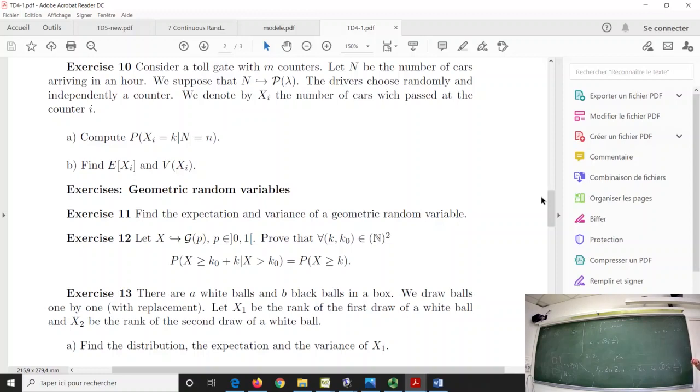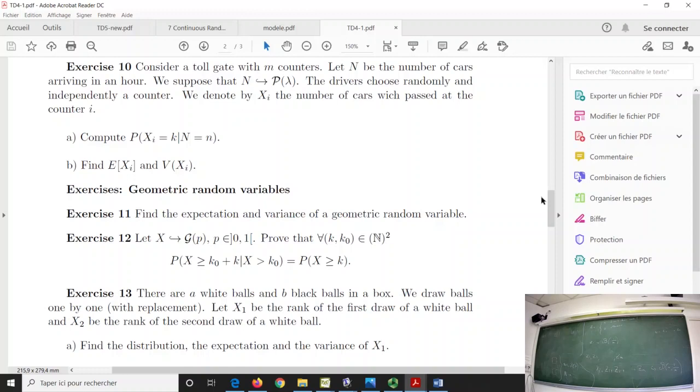So you are typically in the situation where you repeat independently the same experiment. Each experiment has a success or not, that is here to pass counter I or not, and you want to count the number of successes. So in the example from the course, you flip a coin n times. Success means for me to obtain a head, and I want to count the number of heads. It's exactly what you do here. If you replace obtaining a head by passing to the counter I, and you do this n times independently.